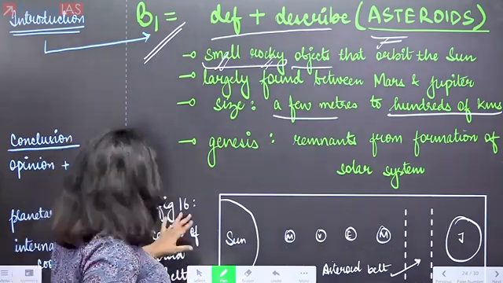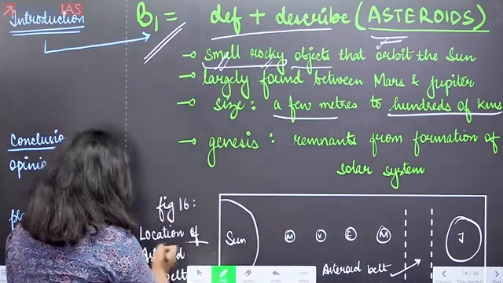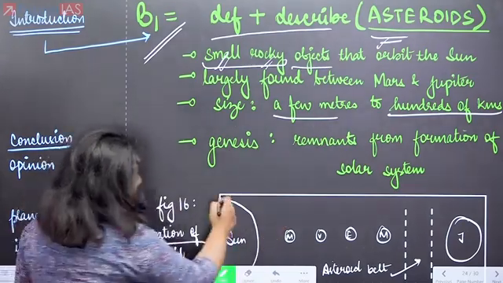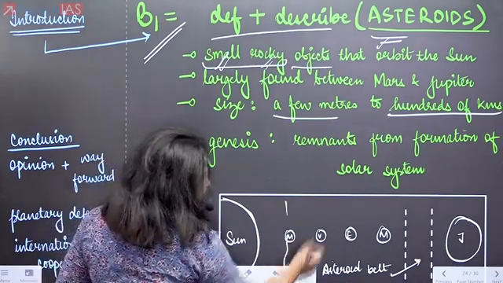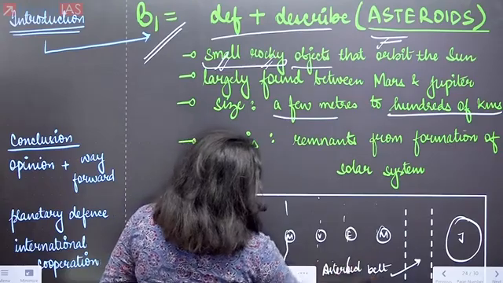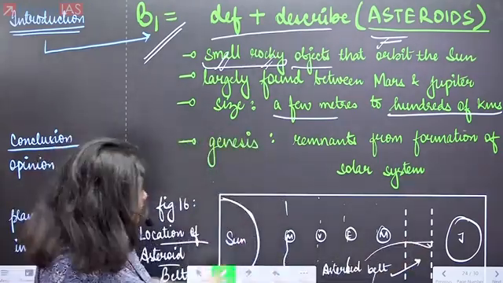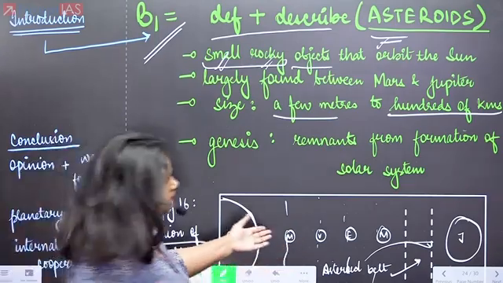You can include the diagram also. Here a figure could be included, which is the location of the asteroid belt. I'm drawing the sun, the orbits of Mercury, Venus, Earth and Mars, and then you have the asteroid belt, right? So between Mars and Jupiter, that is what you mark. Then